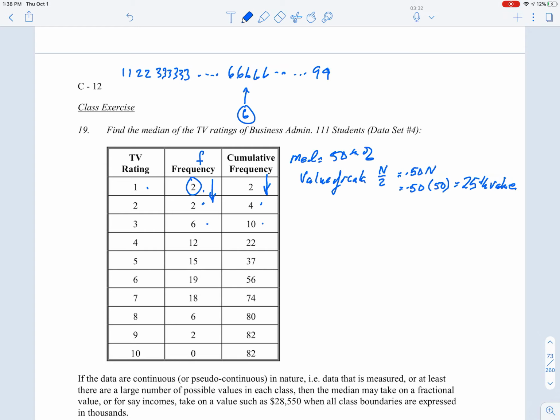Now in this particular case, it's really easy to find that, because we go down the cumulative frequencies, and what we find is the numbers keep adding up until we get down to this particular point. So we got 37 to the end of the 5s. By the time we get to the end of the 6s, we're up to 56 values. And so that means that